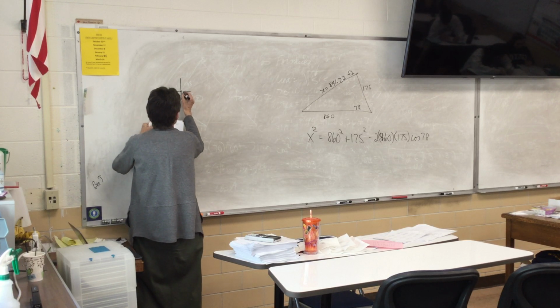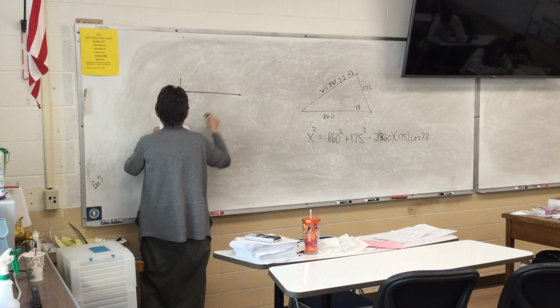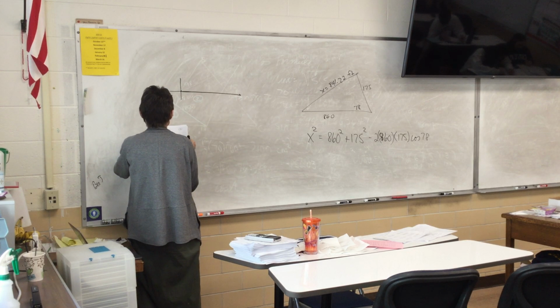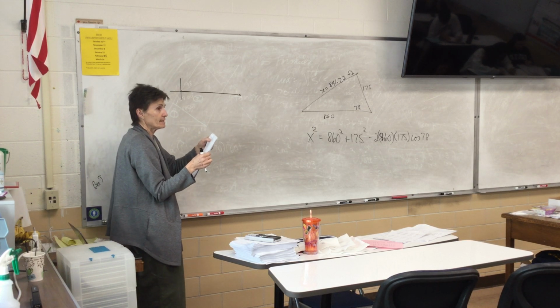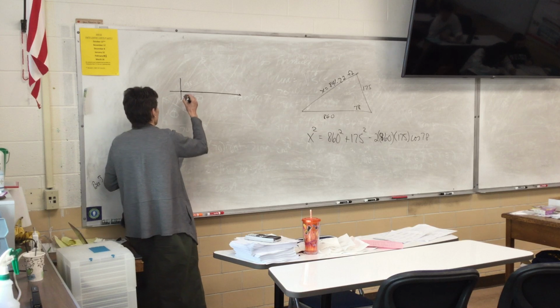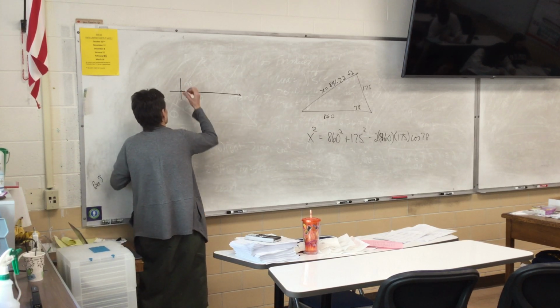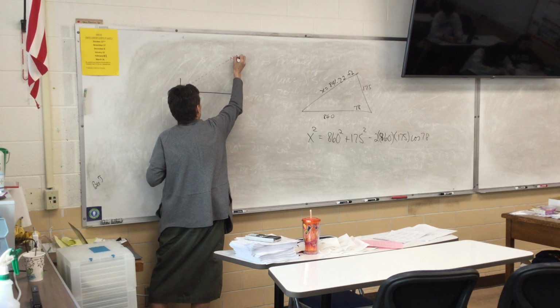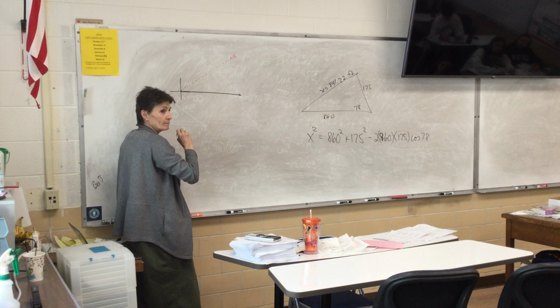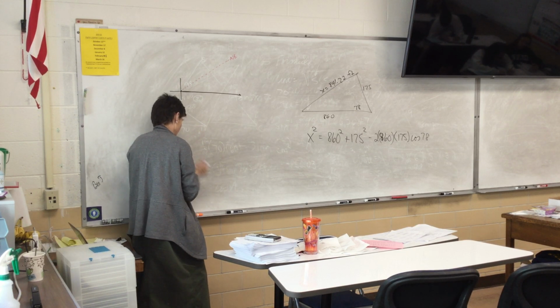One flies due east, at 350 miles an hour, and the other flies east northeast. Okay, so I'm gonna put that would be northeast. Would you agree with that? So east northeast